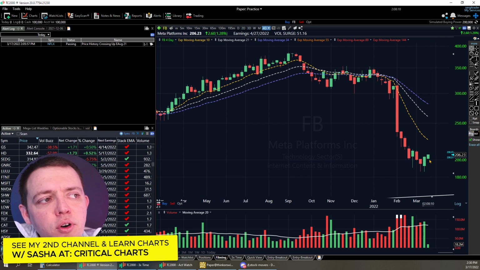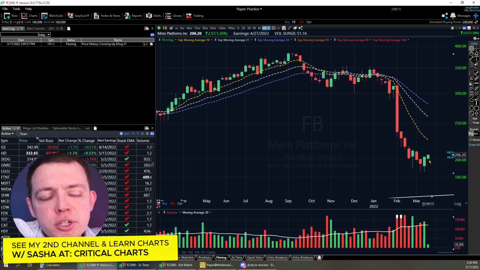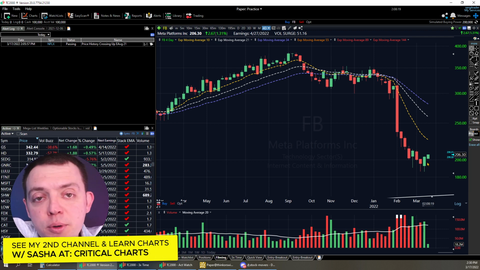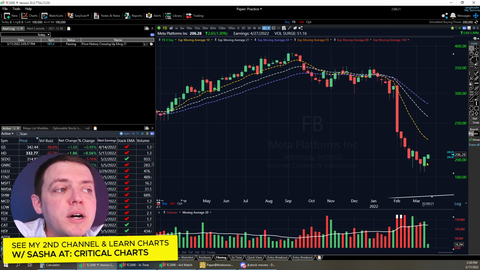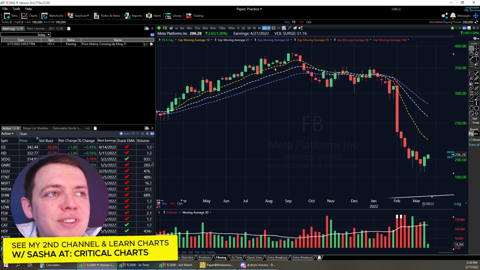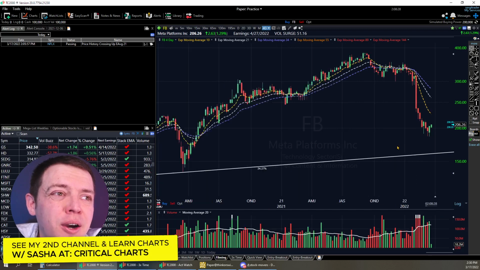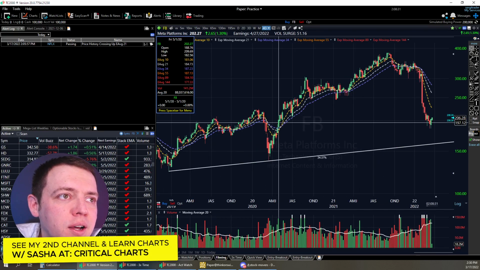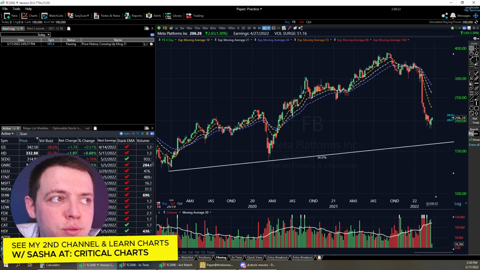So if we're looking for a bullish move, could we be in a bearish market but a short-term bullish uptrend? Sure. Could it be that things are fading out and now we're going to be more bullish? Sure, that's possible as well. But with that in mind, if you liked Facebook at 350, you probably like it at 200. It's a lot cheaper now, and that puts it back into 2020, so a few years back.